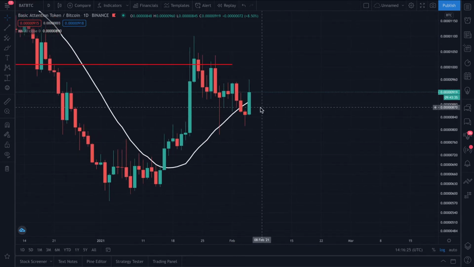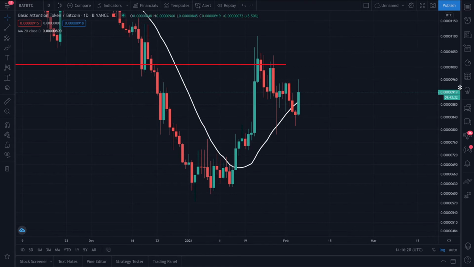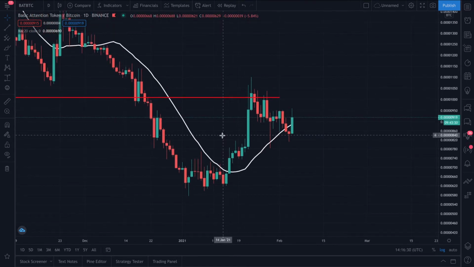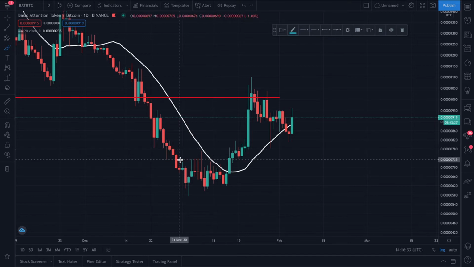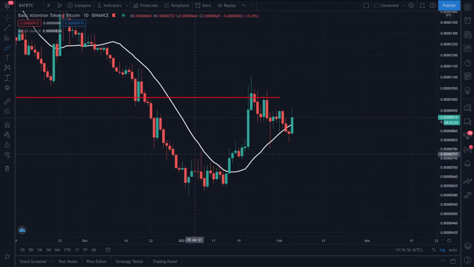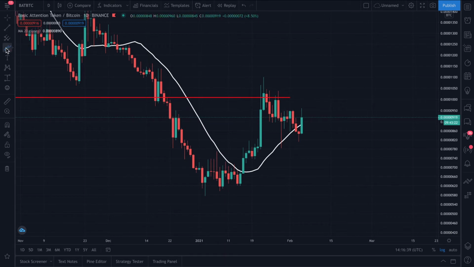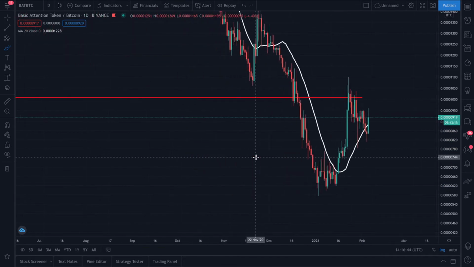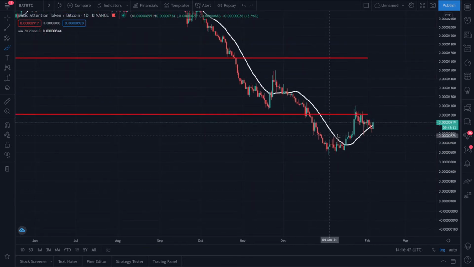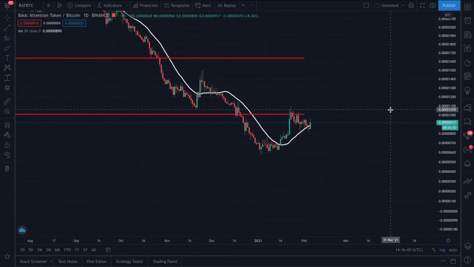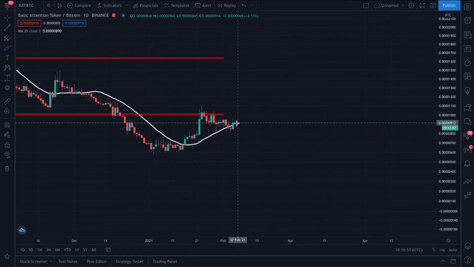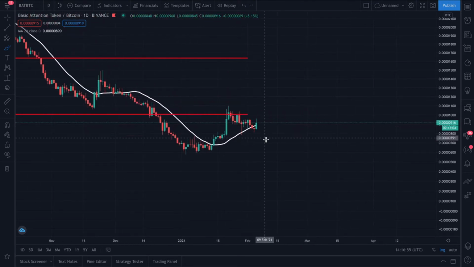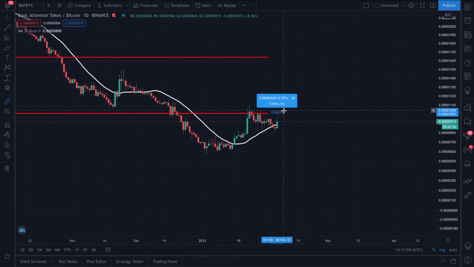So what we really need to see here with Basic Attention Token is to continue the trend. You could say we have argued that this is the potential bottom that we saw with Basic Attention Token. You can expand that to say this is the bottom of Basic Attention Token, and that it's essentially consolidating here. The next steps with Basic Attention Token would be A, to get above the 20-day. If we get above the 20-day, we should still remain bullish, and with just time on our hands,